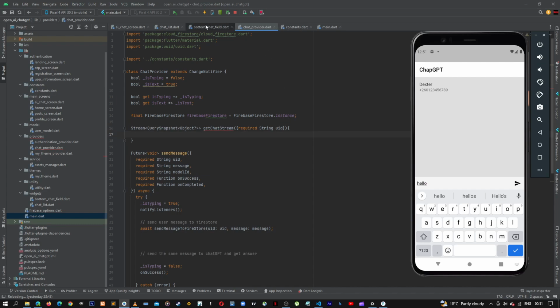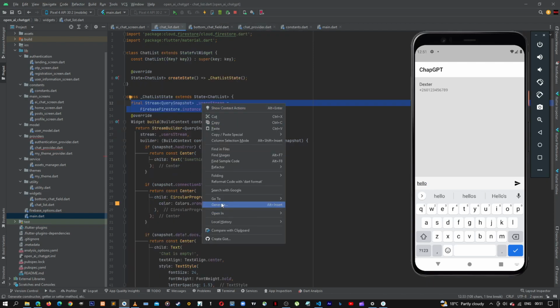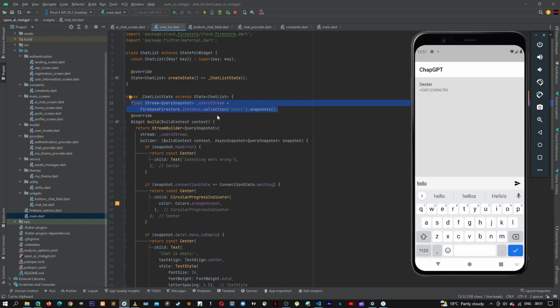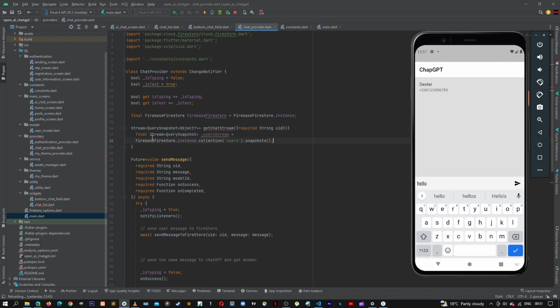Now we can go back to where is our chat list. We can cut this, and inside here we can paste this. So this will be our chat stream, and then